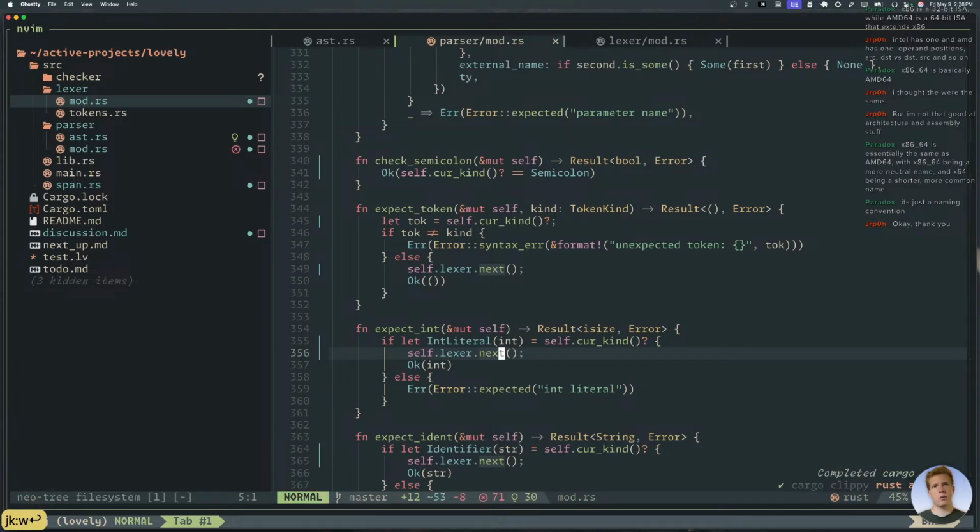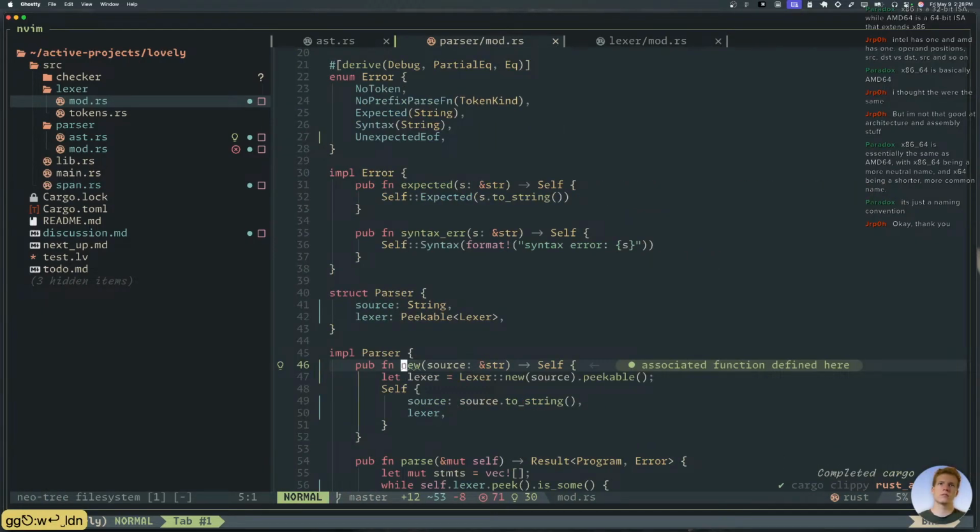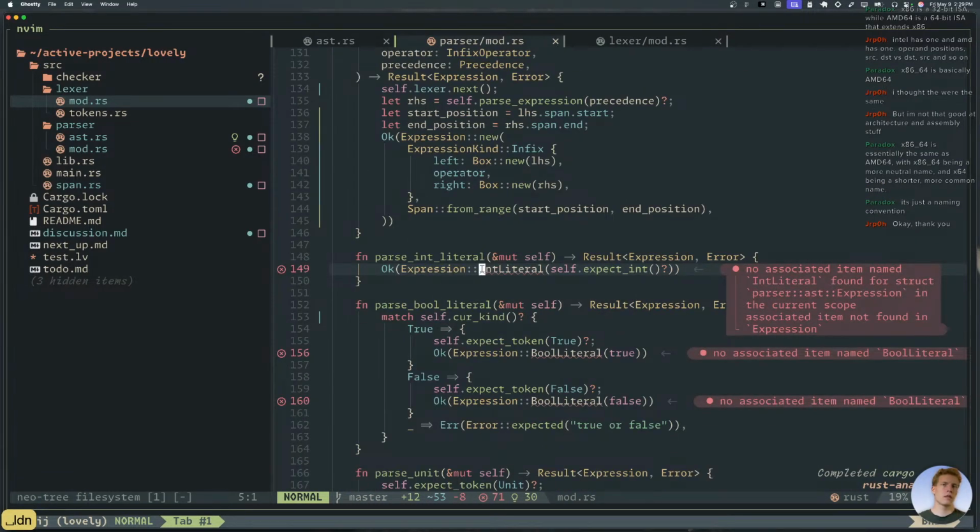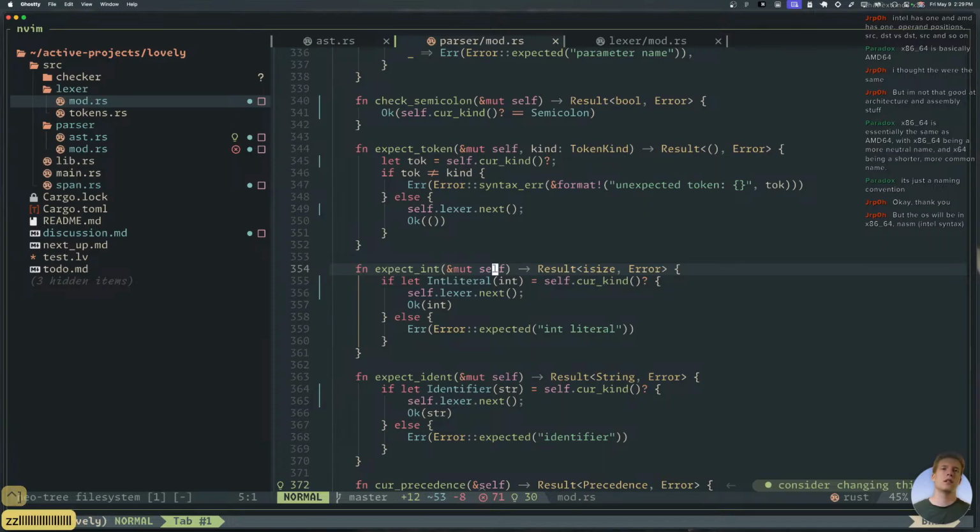All right, we're down to only 71 errors. So now we can fix this mess. So expect int needs to return an entire... needs to return isize and a span. Right, we need a span.